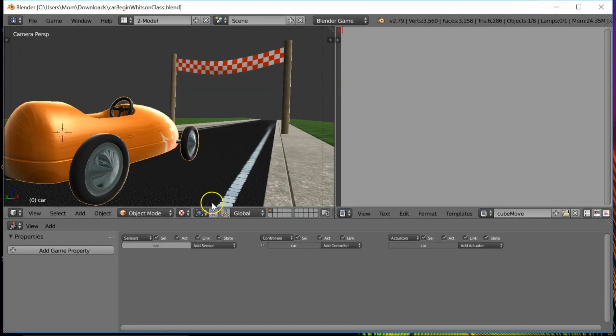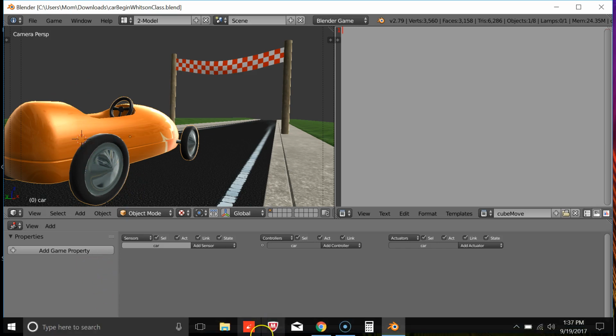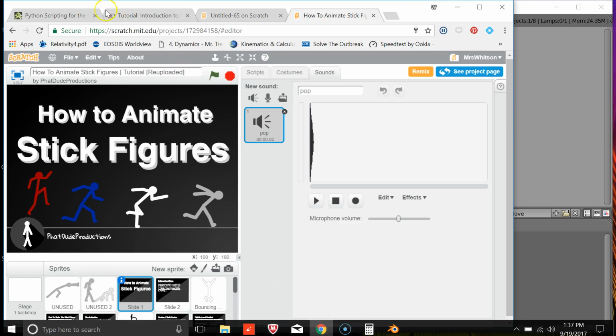In our Blender, you are given the file with the snazzy car that he had, and he made the file available. I just modified it a little bit for you guys. And just like a sprite can have assets, which are scripts associated with it, this car is going to have things associated with it. Okay, let's go back and look at